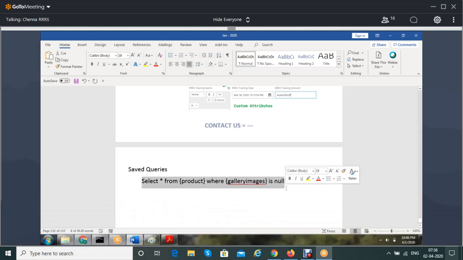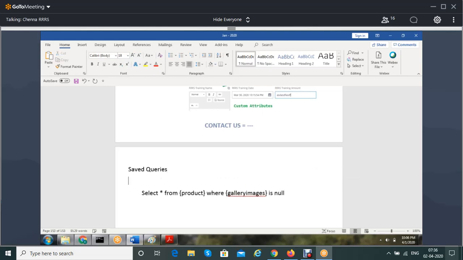See, the question is, the business wants to find out what are the products which do not have images. If they write the query like this, they get the results. But can you ask the business to go and write this kind of query to find out?